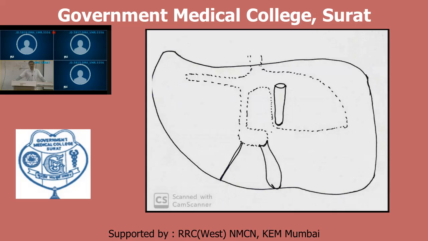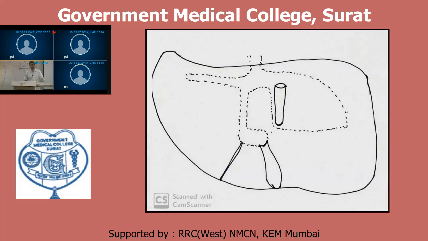You can see there is a triangular area, and in this triangular area there is the right triangular ligament, indicated by the arrow. Continuing upward, there is the superior coronary ligament. It is a part of the same peritoneal fold which is reflected from the inferior aspect of the diaphragm. This is the upper layer of the coronary ligament. It continues towards the right side of the liver as the right triangular ligament, and in relation with the lower aspect, it continues as the inferior layer of the coronary ligament.